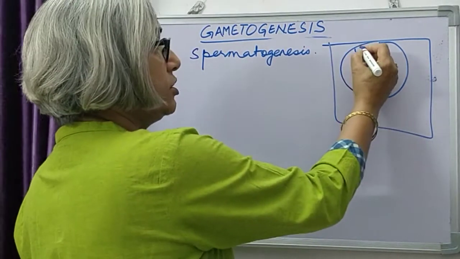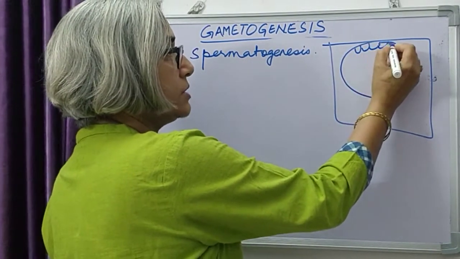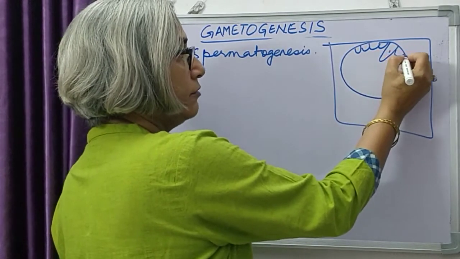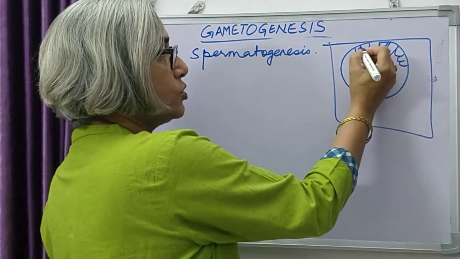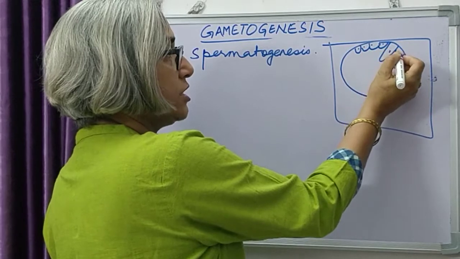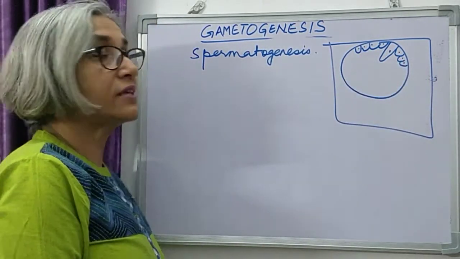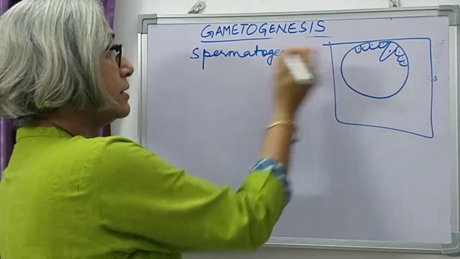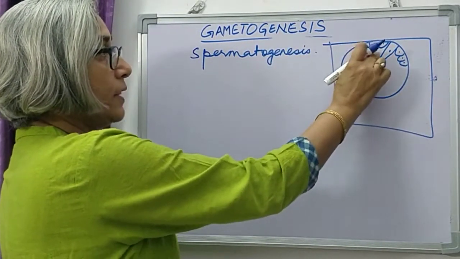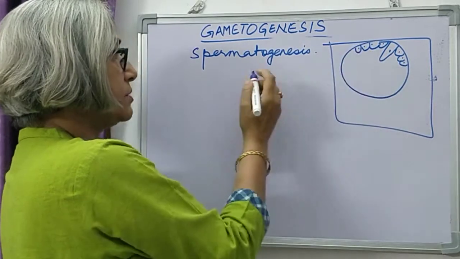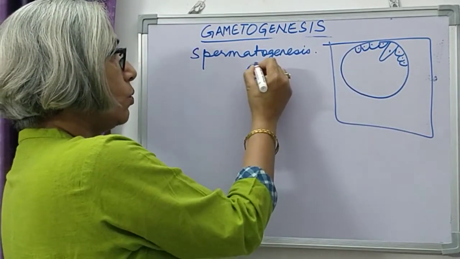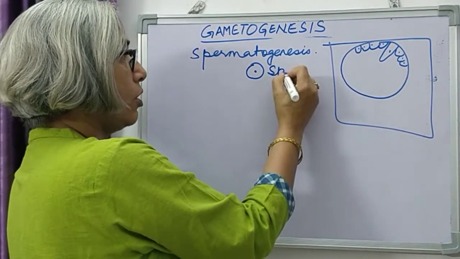These seminiferous tubules are lined with germ cells, and in between there were Sertoli cells. So actually these germ cells are going to form the sperms. Now coming to this, the sperm cells are formed from these germ cells. So these germ cells are called